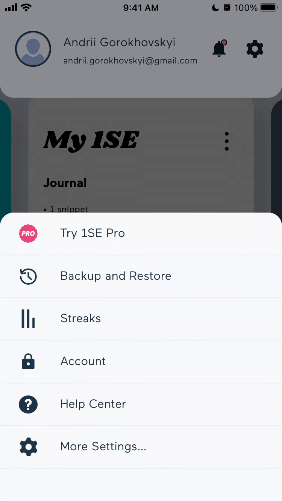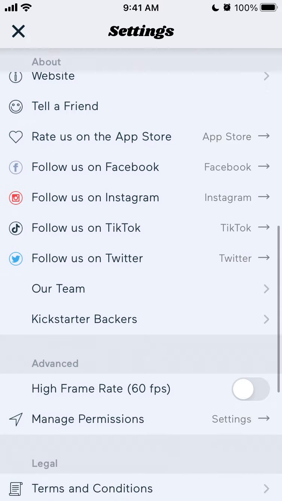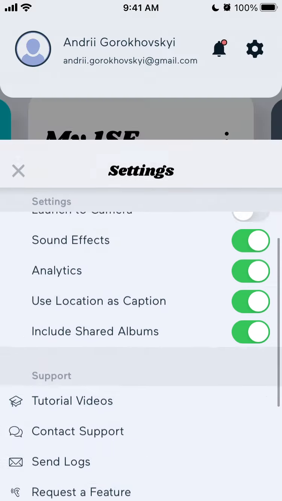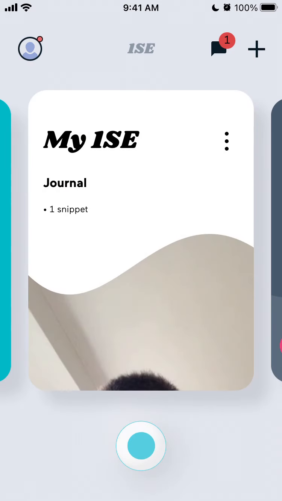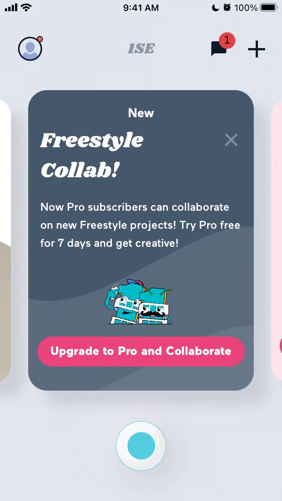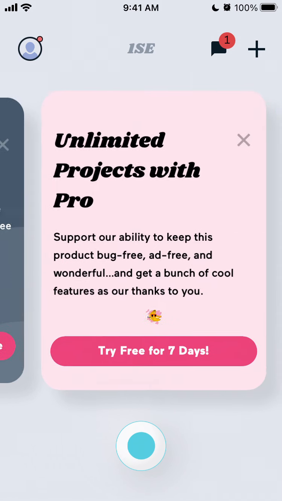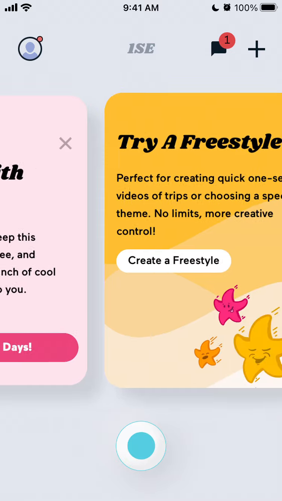Then you can just, yeah, so that's interesting, super interesting app just to record these videos every day. And then you can have like, imagine in the end of the year, you will have like 365 1 second videos, which can be super fun